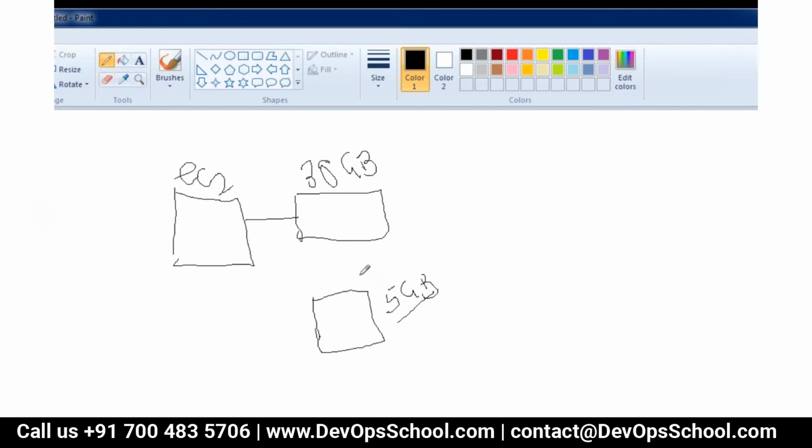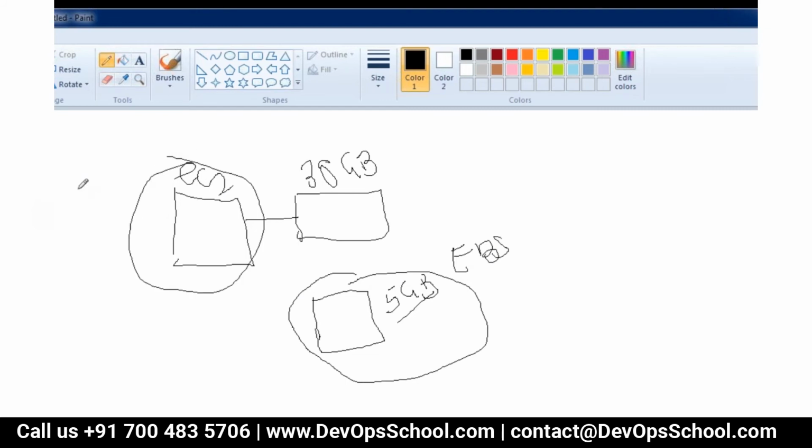We can create an EBS volume of 5 GB and attach it to the running instance. One thing you have to keep in mind: if your instance is running in, say, US East 1A, that is the availability zone, then you need to create the volume in the same availability zone. Otherwise it will not be visible.